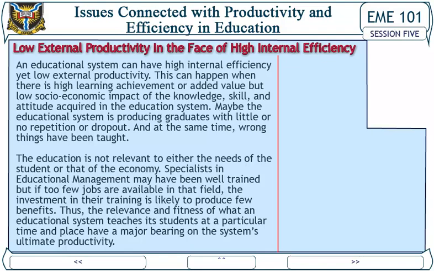An educational system can have high internal efficiency, yet low external productivity. This can happen when there is high learning achievement or added value, but low socio-economic impact of the knowledge, skill, and attitude acquired in the education system. Maybe the educational system is producing graduates with little or no reputation or dropout, and at the same time, wrong things have been taught. The education is not relevant to either the needs of the student or that of the